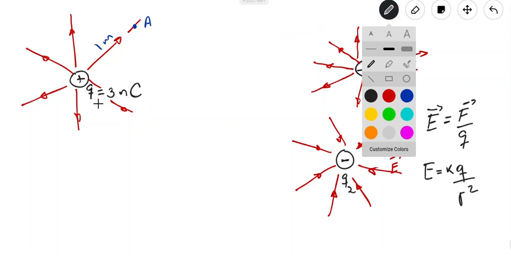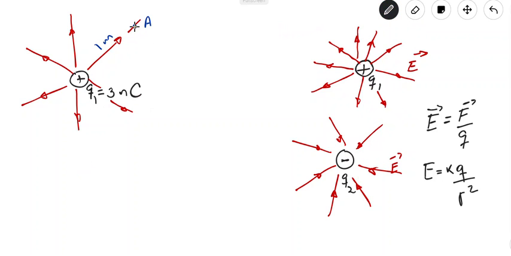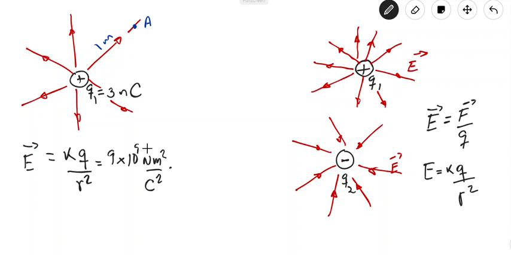Q1, we can say this charge is Q1, right? So I want to find the electric field, the intensity of the electric field, at this point that is 1 meter from the charge. So I can say that the electric field will be equal to K times Q over R squared. Substituting, 9 times 10 to the 9 newton meter squared over coulomb squared times Q, which is 3 nanocoulombs. 3 nanocoulombs is the same as 3 times 10 to the negative 9 coulombs, divided by 1